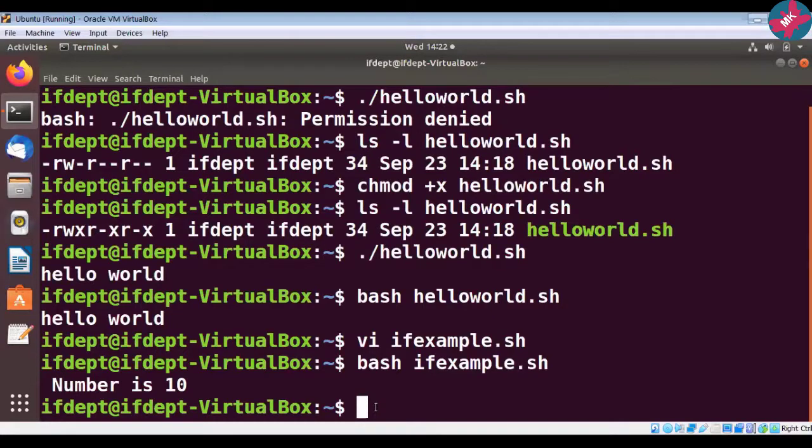Now let us take one example for a double decision, where we will be using if else. So let us create one file, if else example dot sh.